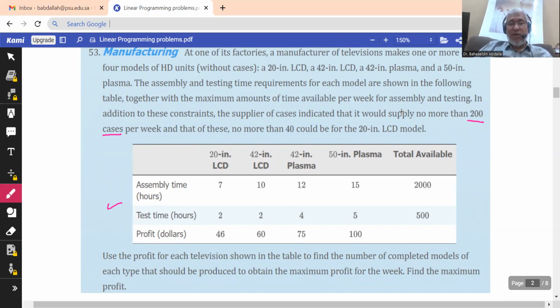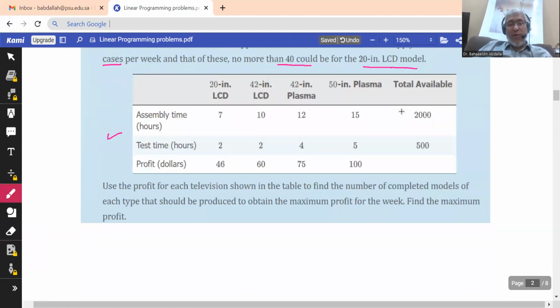So the first model, 20-inch LCD, has only 40 cases, so we shouldn't produce more than 40 of this model. Use the profit for each television shown in the table to find